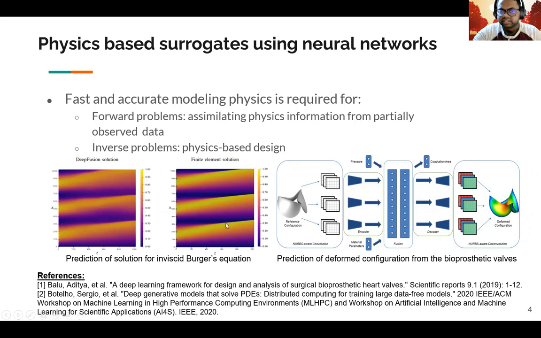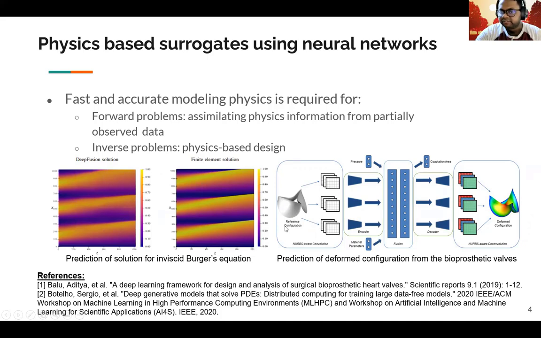As you can see on the left bottom, a deep learning based neural surrogate is able to predict the solution very close to how you get in a finite element based solution. Same way on the bottom right, you see an example of how you can design a bioprosthetic heart valve by using a neural surrogate.